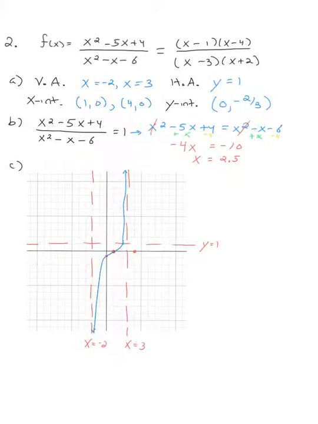I know the graph also should increase through this point here and approach both asymptotes. And then the only other option is the graph is above y equals 1 over here. And always, there's only one spot where this graph crosses over the horizontal asymptote, and that's at x is equal to 2.5. So with all this information,